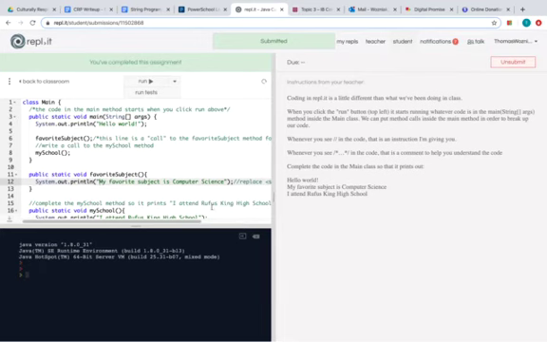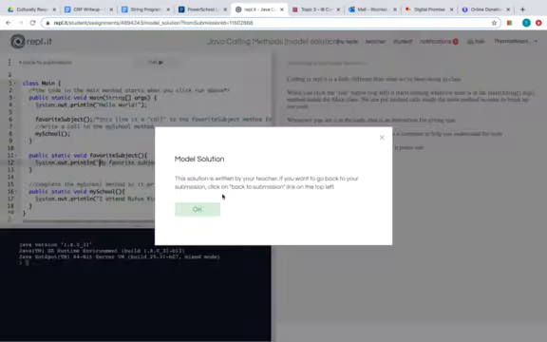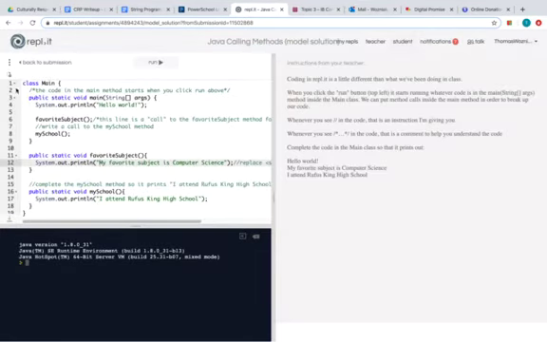that'll basically give me a notification that you've done what you're supposed to do. And it also changes this. So it says you've completed this assignment, see model solution. So that's my solution to that problem. And you're going to see that it looks very similar to what we just did. The solution is written by your teacher. So here it is, and it's got the favorite subject call, it's got the my school call, it's got computer science right here, it's got I attend Rufus King High School inside the print line for my school, and then I can go back to my submission,